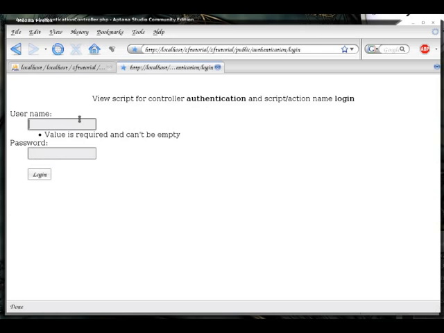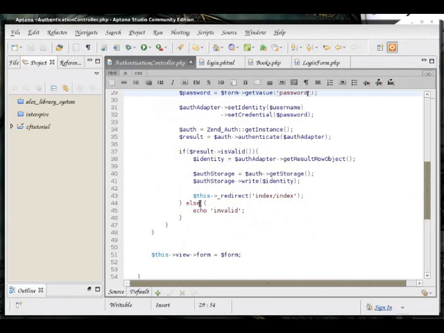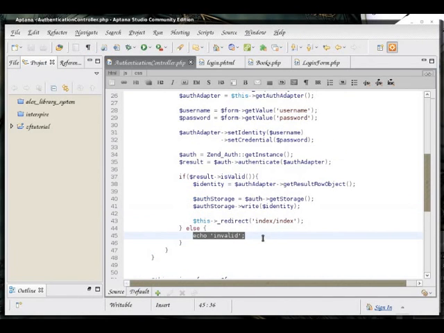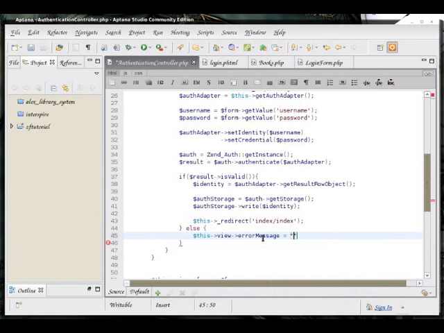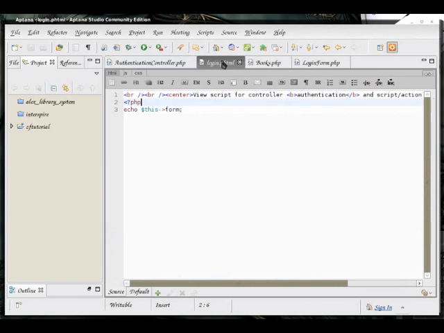If I enter wrong username and password information, just something random, okay, I get invalid, which is the message I displayed earlier, and we're going to modify it to comply properly with the view standard by creating an error message variable in a view and giving it a meaningful message. And we'll display this message in our view.